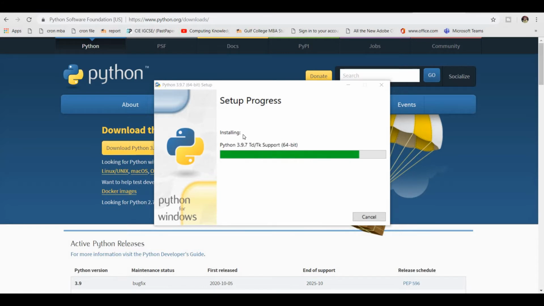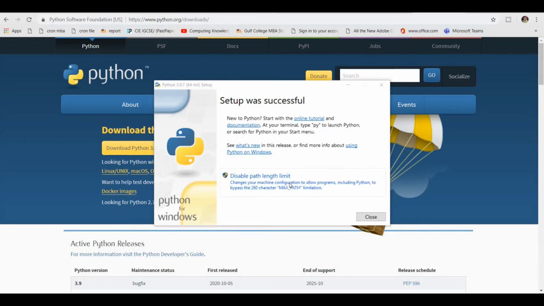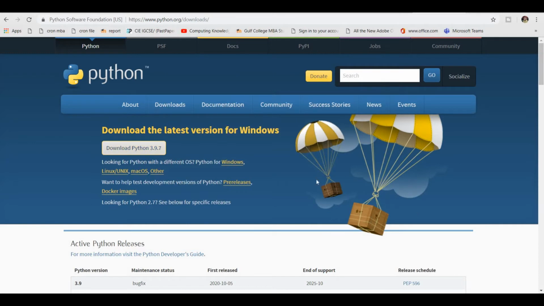It's going to be complete. Almost it is completed. Just wait to see the next screen. Now it shows me the message setup was successful. Okay, now you will close the dialog box and then you will check whether Python shell